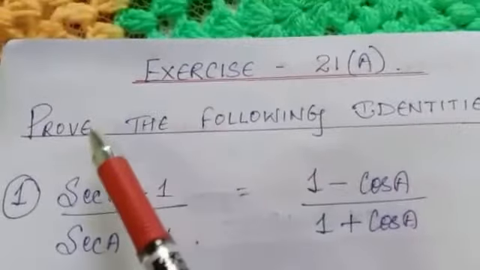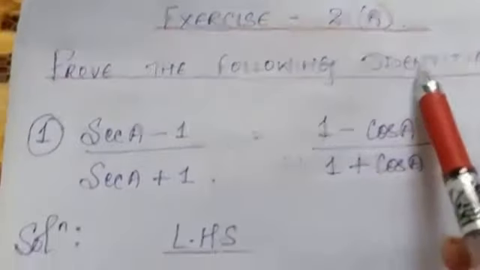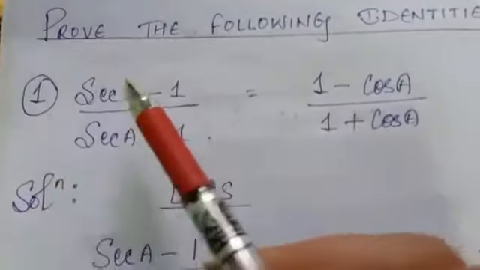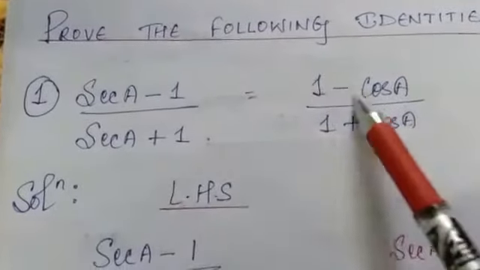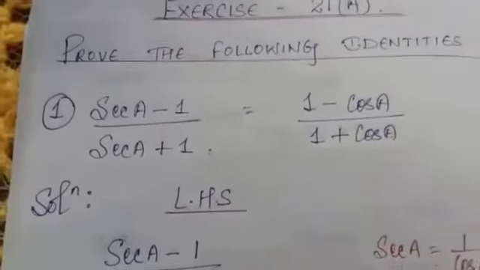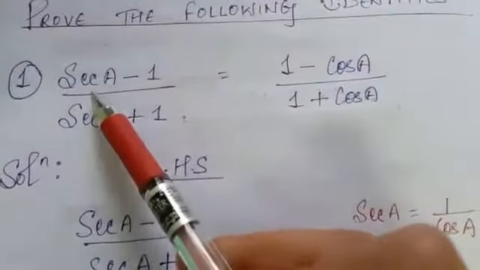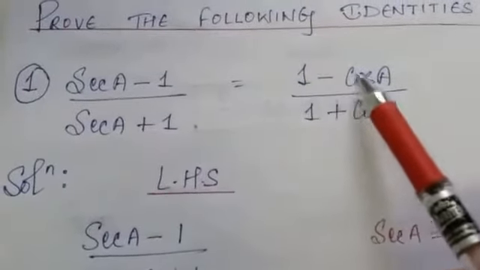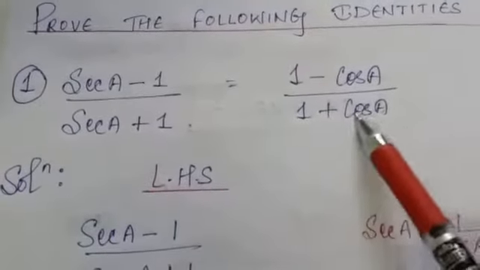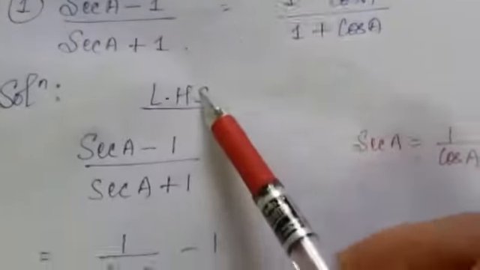21a. Prove the following identities. Number 1, now you have to solve left hand side, okay, and you have to compare left hand side and right hand side. Answer must be same. So sec theta minus 1 divided by sec theta plus 1 is equal to 1 minus cos theta divided by 1 plus cos theta. First you write left hand side. Now